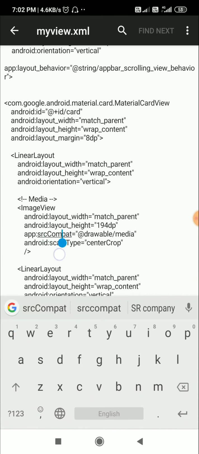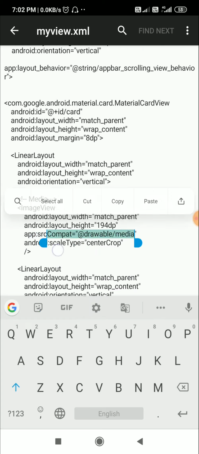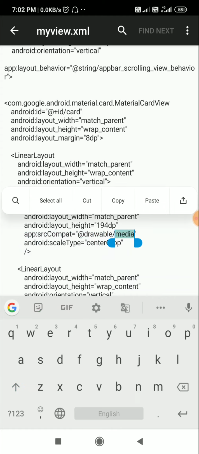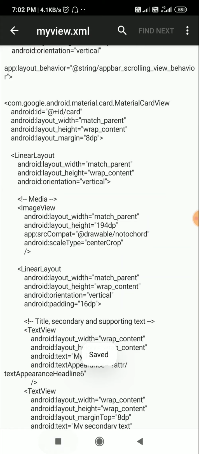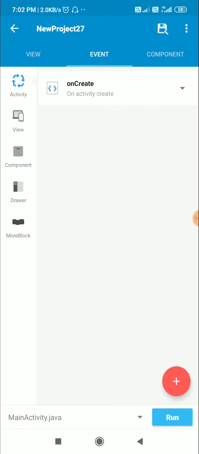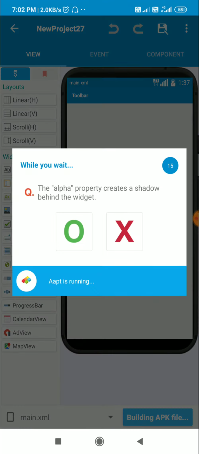App:srcCompat is equal to @drawable/Notocode. Okay, and I will save this. Now let's check this.